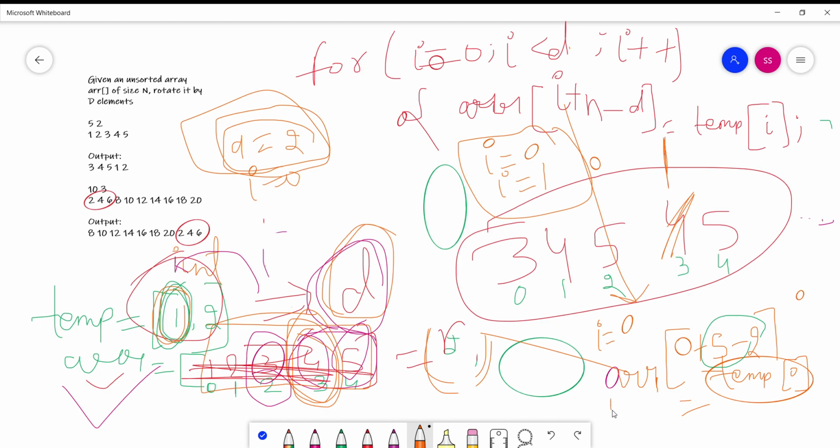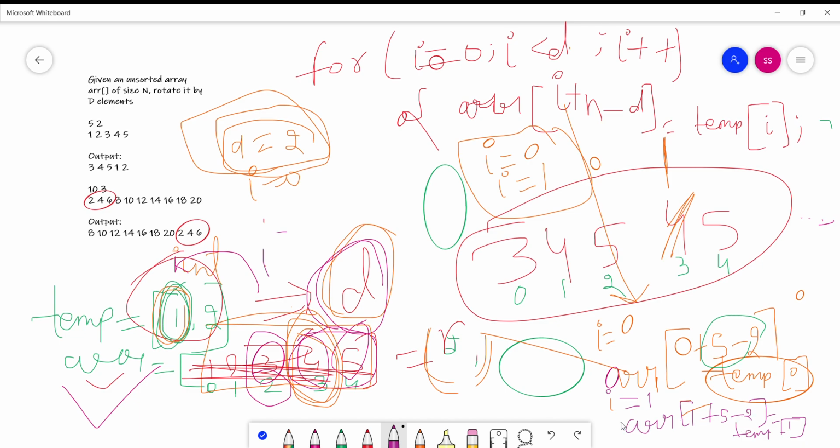Now whenever the value of i is equal to 1, it becomes arr[1 + 5 - 2] is equal to temp[1]. So what does it do?